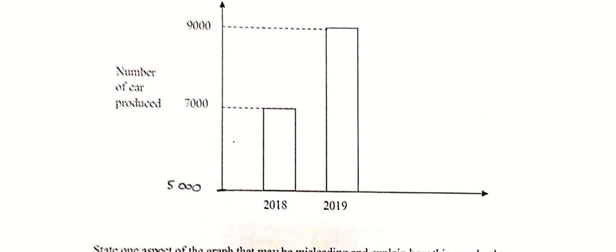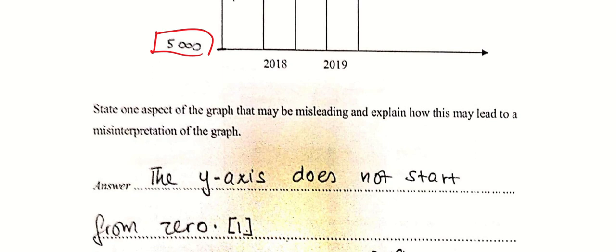So this 5,000 is given. Sorry, it wasn't given, so I asked you to write it down. I think one or two of you told me that the number 5,000 is not present in the graph, therefore it's misleading. No, no, sorry, this is a printing error. It is supposed to be given in the graph itself. It's not that I added it in. It's supposed to be there anyways. So, state one aspect of the graph that may mislead people.